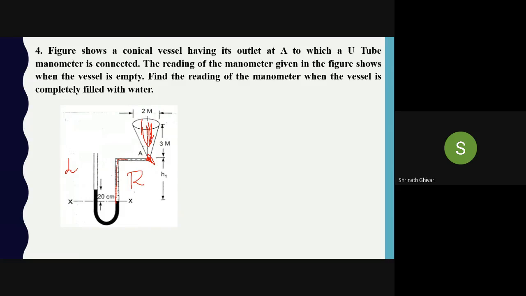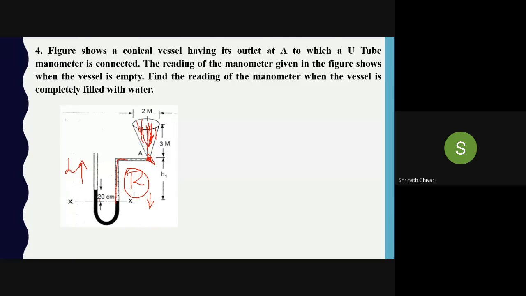Now I'll go on filling this completely with water. So what will happen? The remaining water will start applying a pressure on this. So on the right limb, the mercury level will drop, and on the left limb it will rise. On the left limb it will be rising. Remember, don't get confused with left and right. Wherever the pipe is, you remember based on that.